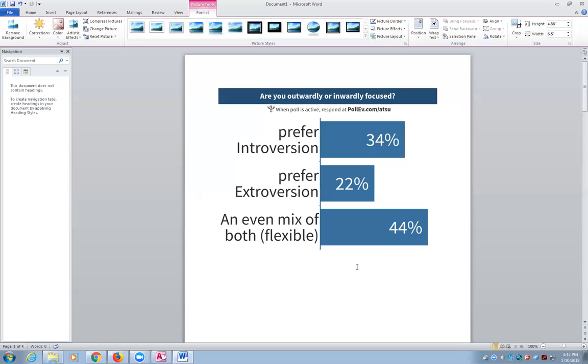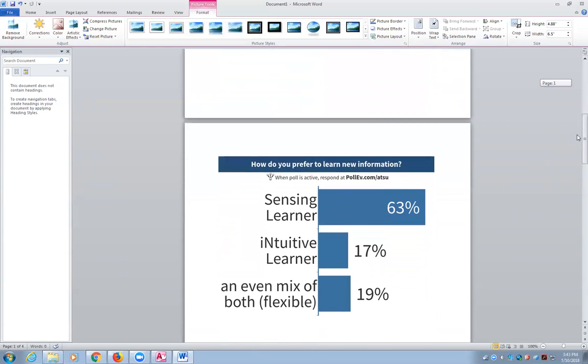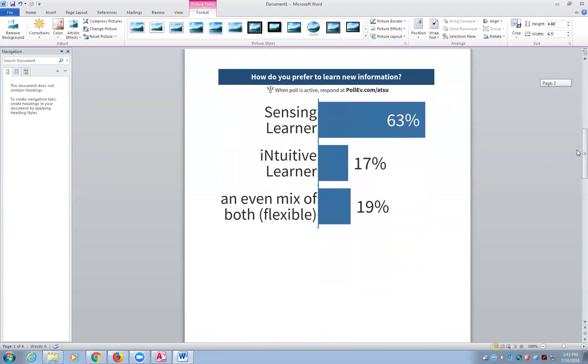So this one was the question. Actually, this was for our incoming PA students that started last year. This was last year's incoming class. And this was their makeup for their Myers-Briggs. So that's the first question, introversion and extroversion. Those are the results. The next question was this: sensing and intuitive. Majority of learners identified as being a sensing learner. So it's interesting to see if they're evenly distributed, or if the majority is one way or a good mix